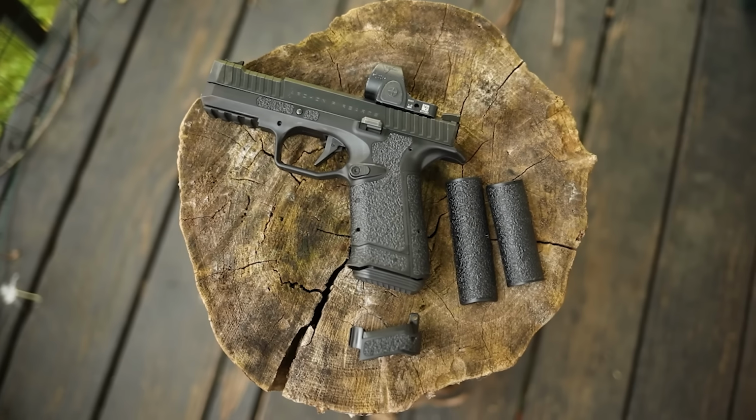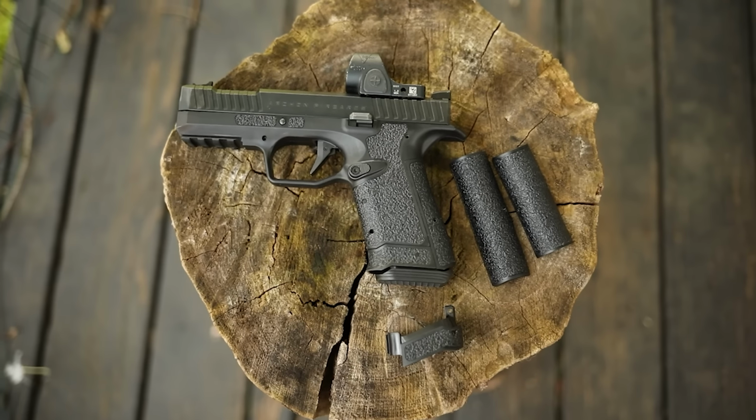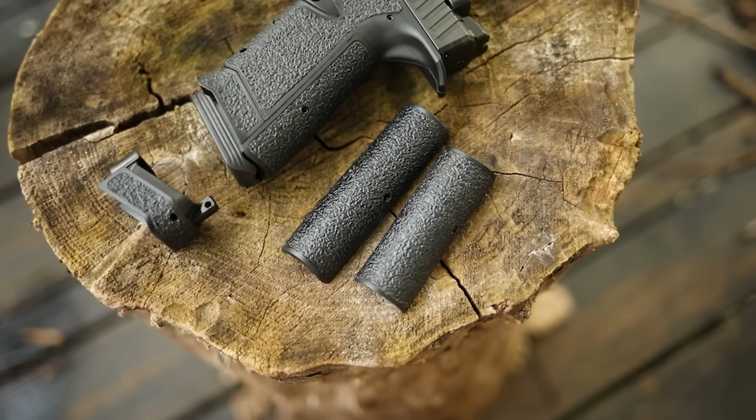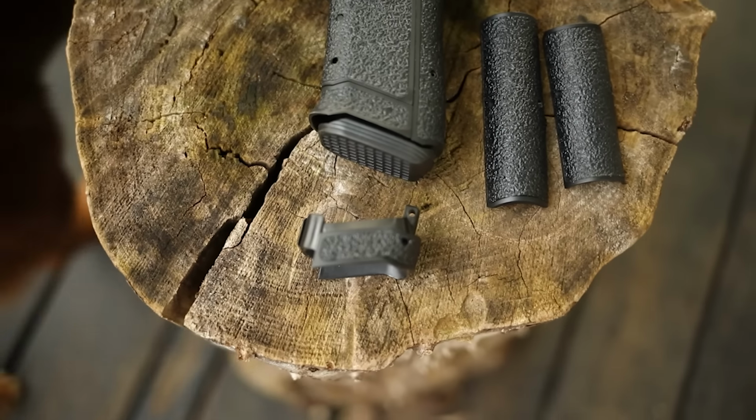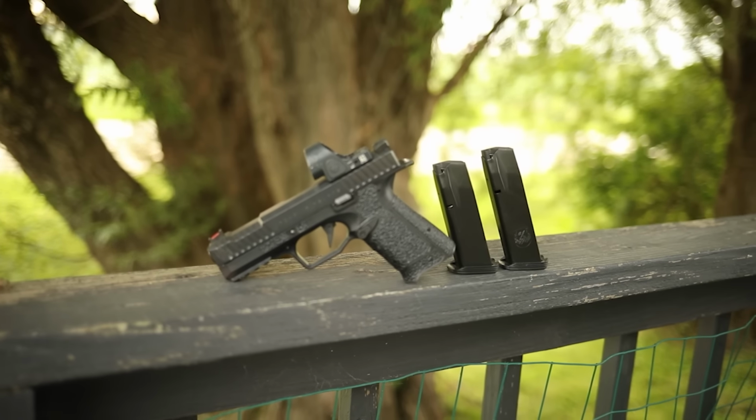The grip panels on this gun are new for the Generation 2, and they look pretty interesting, and I wanted to show those off really quick. We have an entire system here of back straps and grip panels, kind of similar to the HK VP9, but where this differs is you can actually make this grip longer or shorter, and it actually comes with 2 different